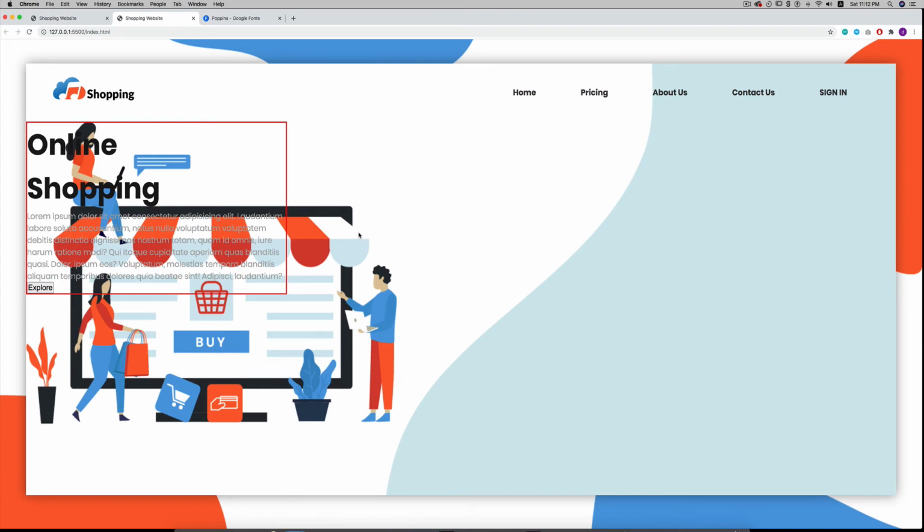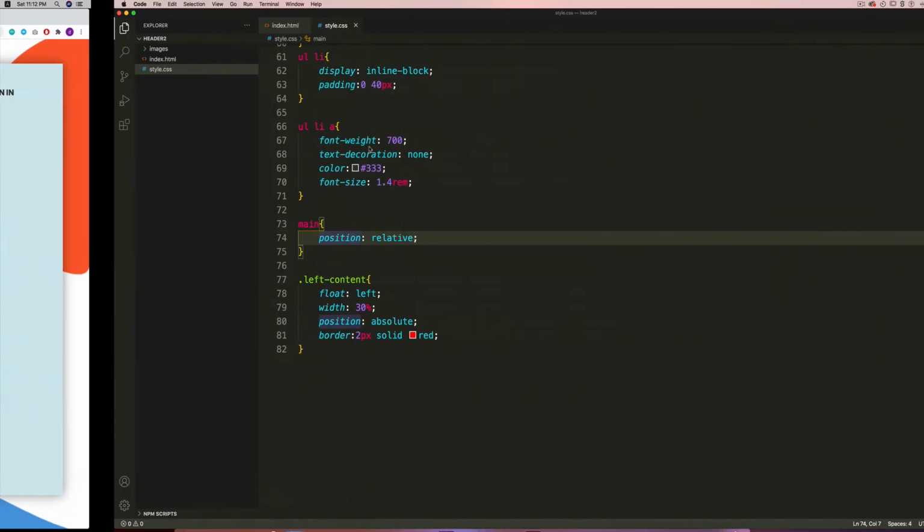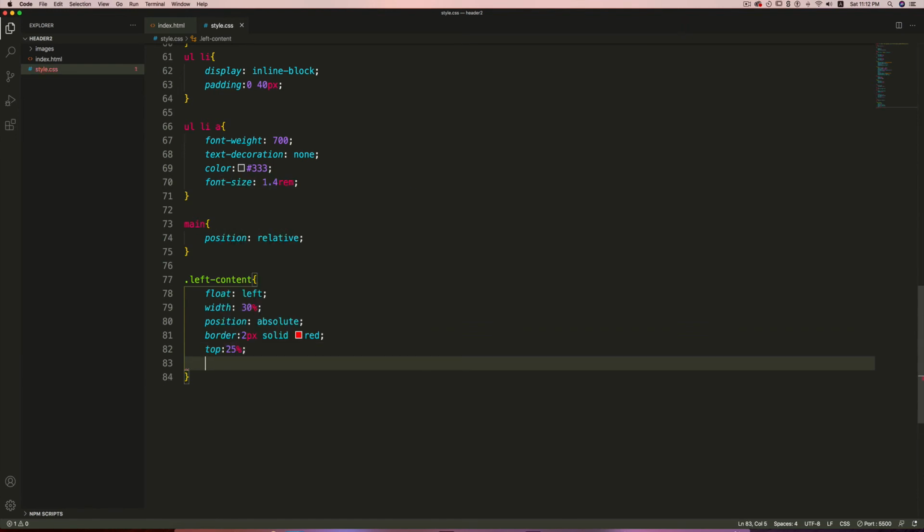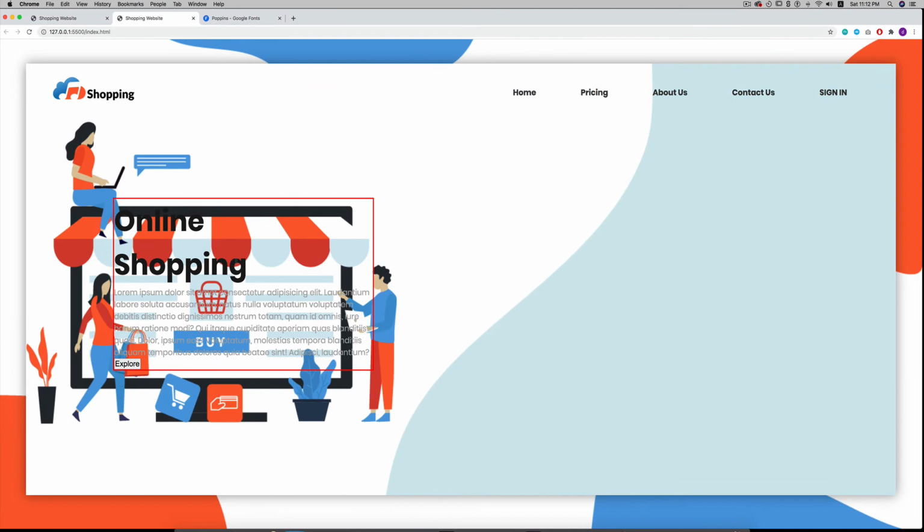But that I don't want. I want this left part to move depending on the position of this main section. So then I am going to change the top property to 25% and left to 10%. You have to play around with these numbers to find a perfect position.